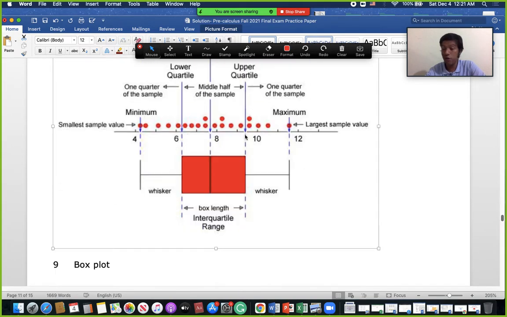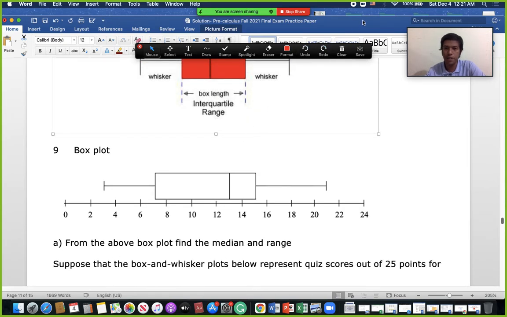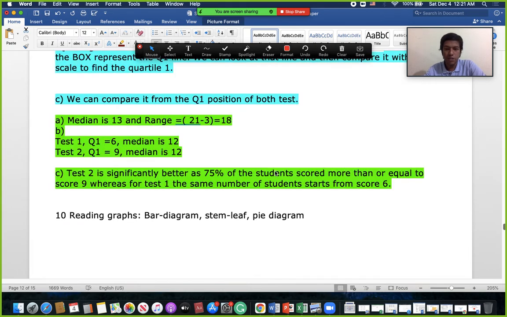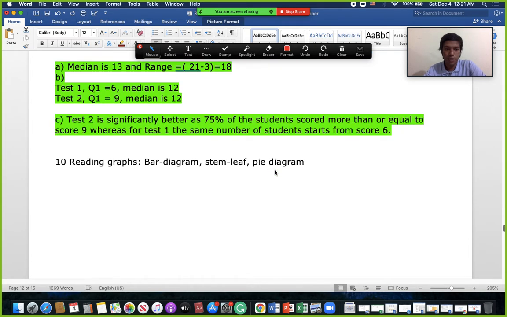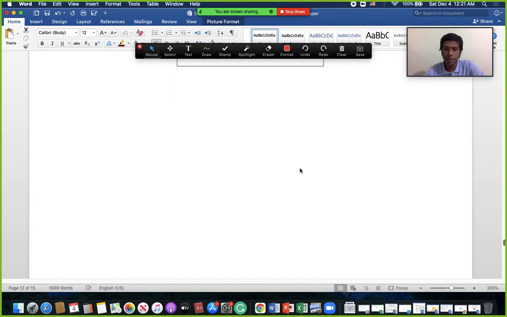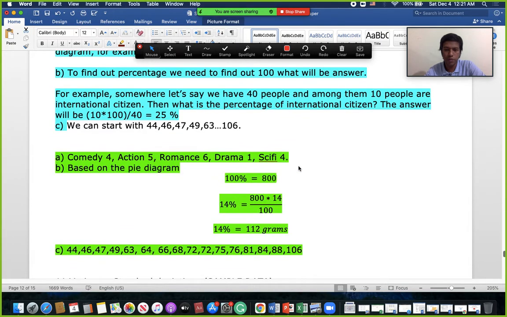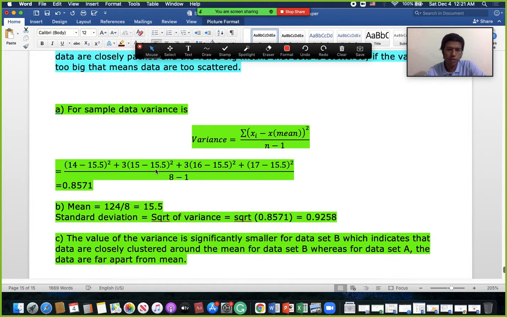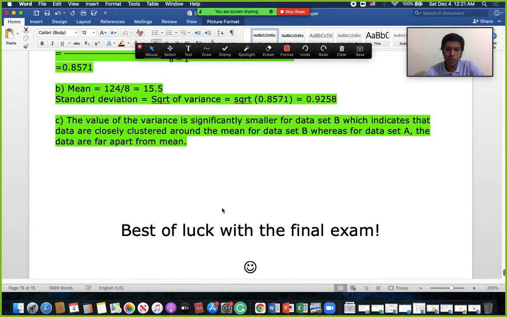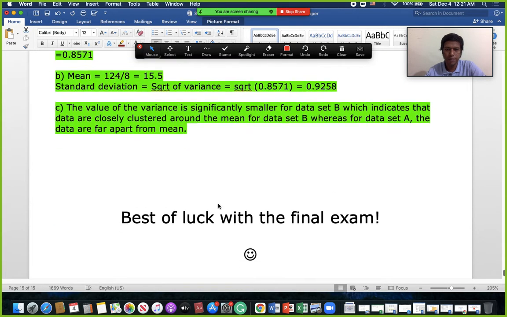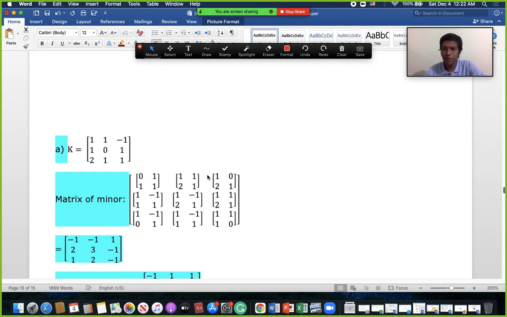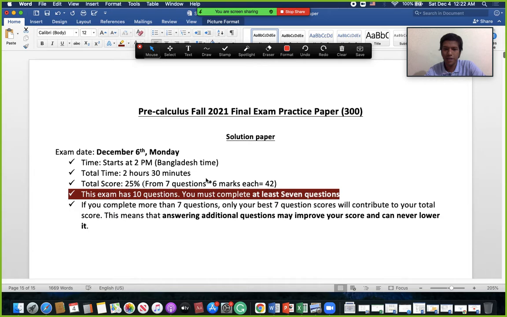This box and whiskers plot is very helpful to understand the data distribution very quickly. And this math is also as usual done here, stem and leaf also from here. This kind of math you have already solved recently for the last quiz. Then the variance related maths, the formula is here. Again the math is done full length. This is sample data, that's why 8 minus 1, etc. Yeah, so nothing else to add.